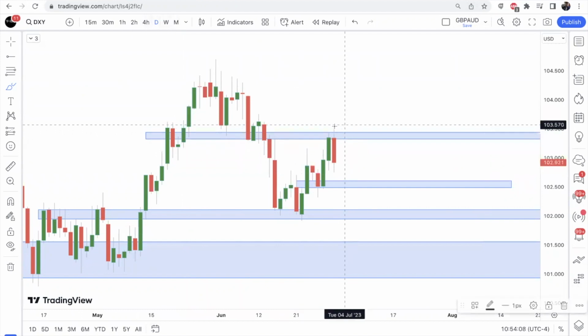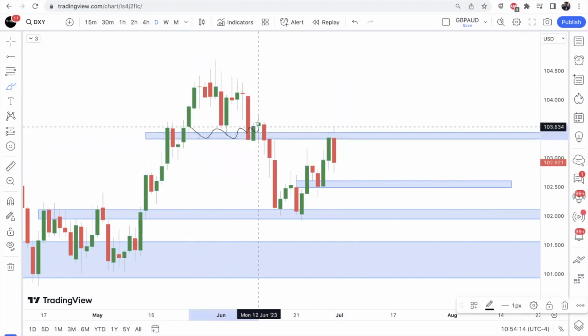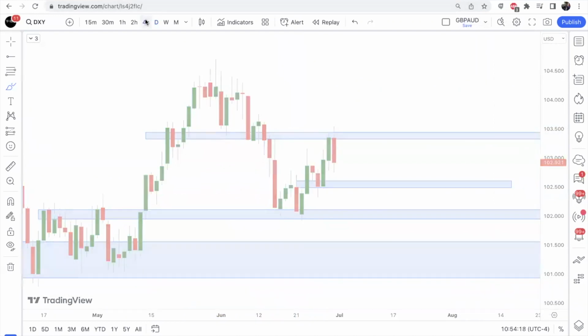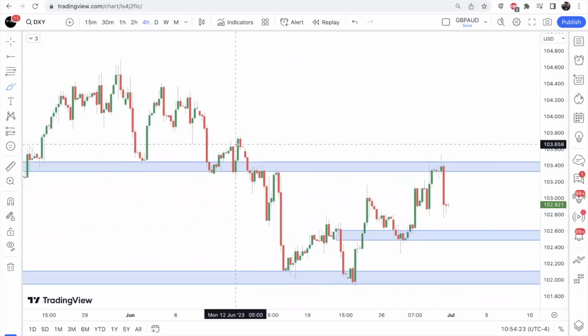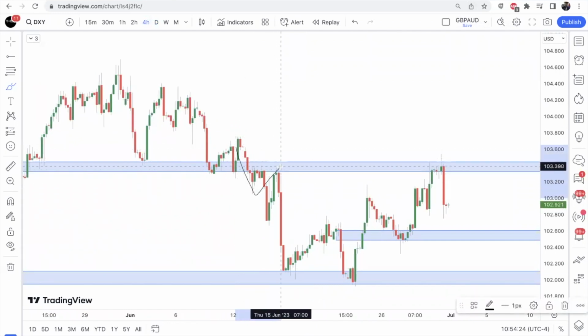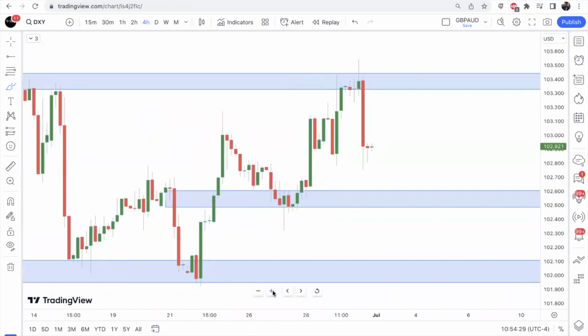week. We can see we're getting a daily rejection from this level of structure. Looking to the left, this is a previous structure support before price broke down. All right, so now this is an interesting level. So we can look to the left. We can see here when price broke this level, it retested it as resistance and continued. So this is the same level that the dollar rejected from to end the week.